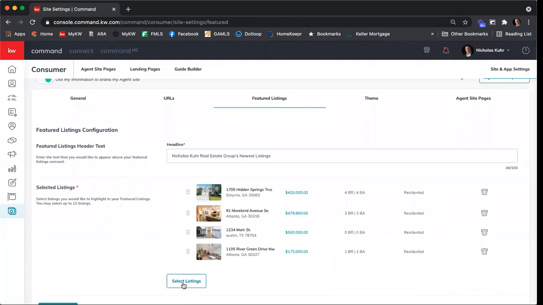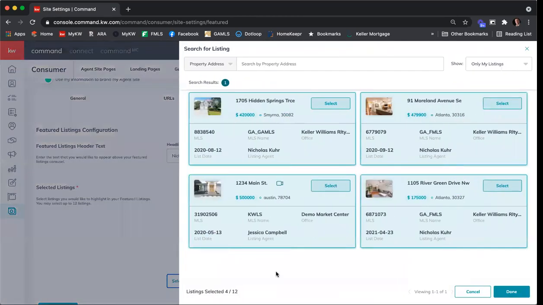I'm going to come back here to select listings because let's say you don't have any listings yet. You're a newer agent, but you still want to have some featured listings on your website. That's a-okay, and you should, and I highly recommend that you do. What I would recommend is find an agent that has some properties that you like, or find the specific properties that you would want to feature. Then ask that agent and get written permission from an email saying,